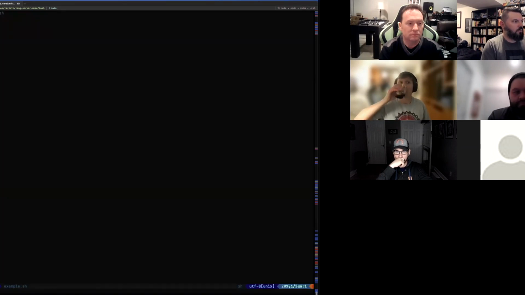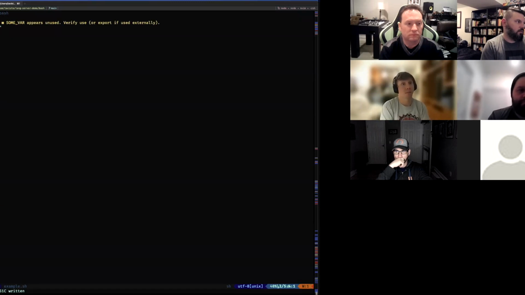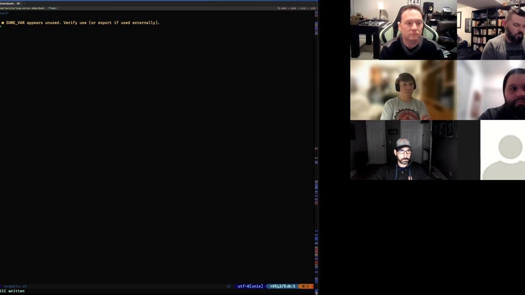First off, I'm like, okay, that's not super fancy. It's syntax highlighted. That's nice. Cool. But now if I save it, holy crap, what is that? So this isn't necessarily the language server, and there's a difference between some of these things. Some of the language servers won't do some of the linting for you. This one is actually using an external linter called shellcheck. But it allows you to see